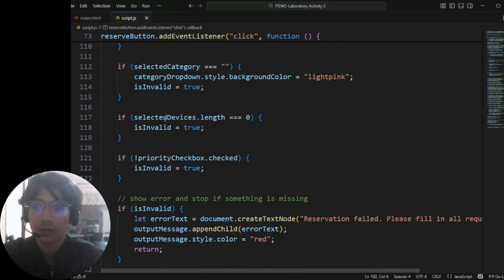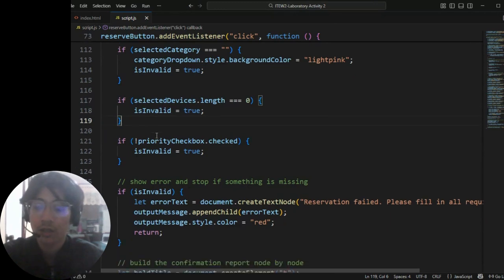So here we will determine if the user actually selected any of the devices, because if our array is zero, it means they didn't. So now if the priority checkbox has not been checked, let's mark the is invalid to true. That is all for our validation